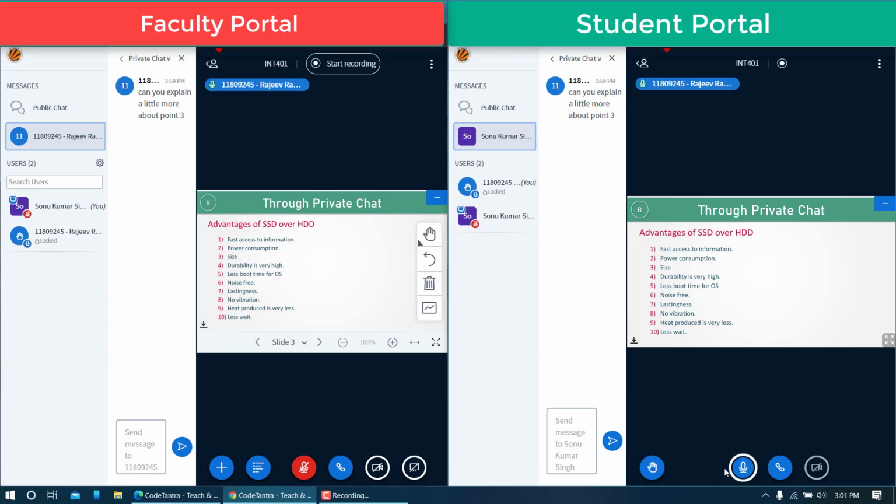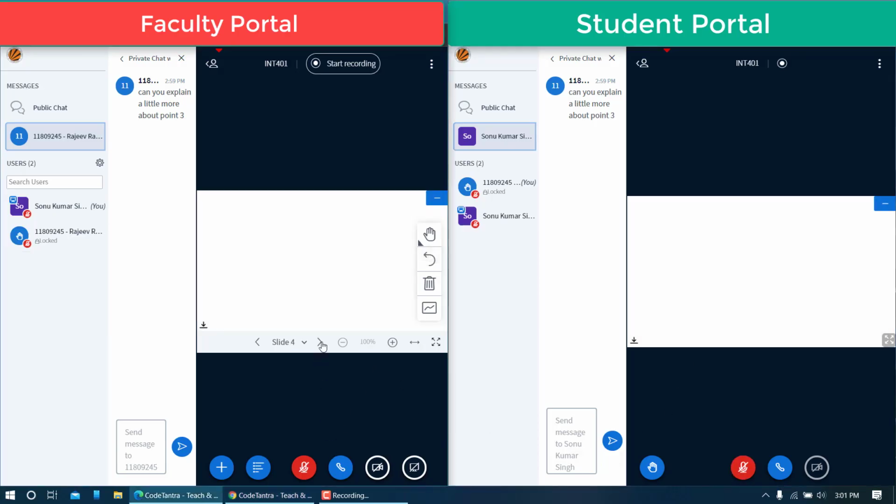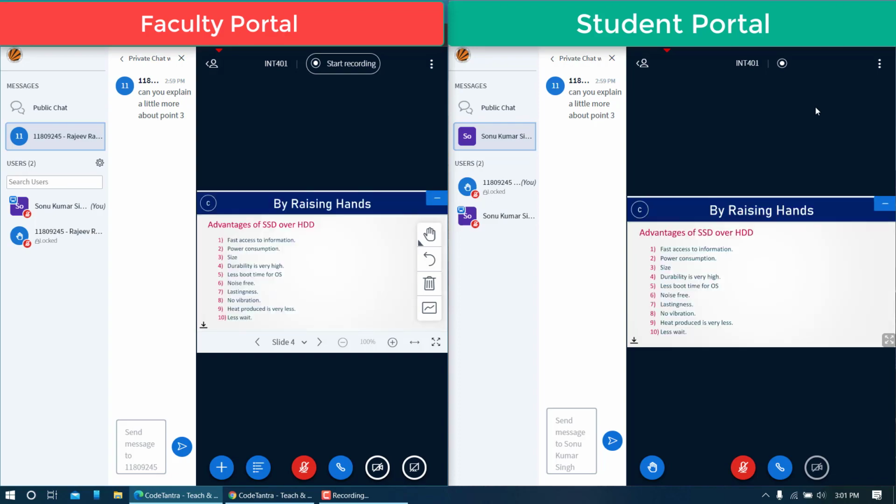Okay, and once Rajiv is done asking the question, he will again click on this button to mute the conversation so that the teacher does not get disturbed and gets a chance to answer your query. So that is what we call the other method, answering your query by raising hand. Okay, so in this case, the student asked the question verbally and the teacher listened to the question and then answered, and that is how it goes on. So this is the third way. The fourth way is using a polling.